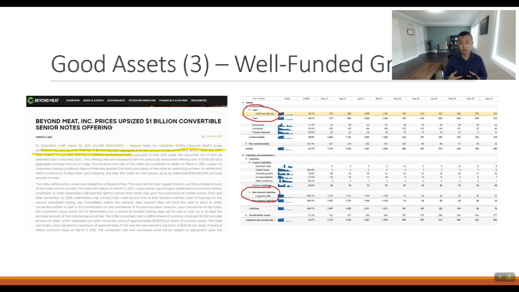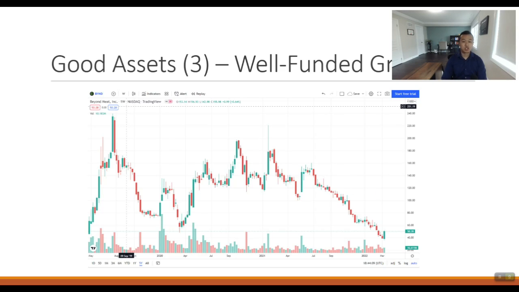My concern on Beyond Meat is, are they going to make this cash last, or are they going to just burn through the cash? And let's say the worst case scenario does happen, they're going to run out of cash at the worst possible time, and it's going to be pretty bad. And the long-term debt, they do not have other debt, so their debt is very linked to the cash. The long-term debt is their convertible.